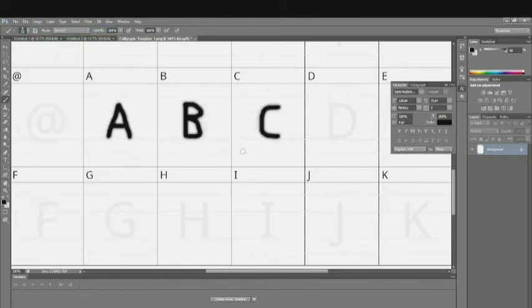The 3 characters. Now you can see these characters have been made by the brush, so it's a little bit wavy, because that's what I want. I want this font to look a little bit wavy. So now we are done with this one, so I just need to save this template.